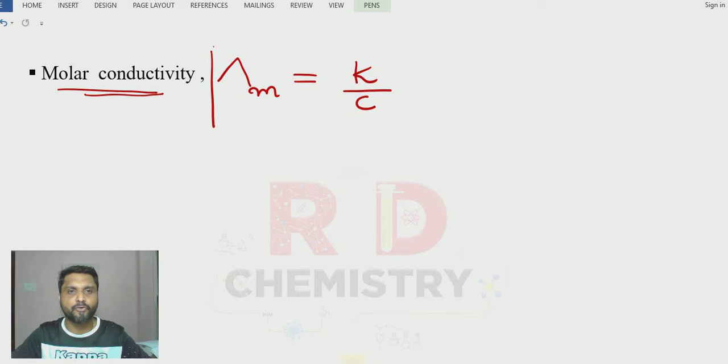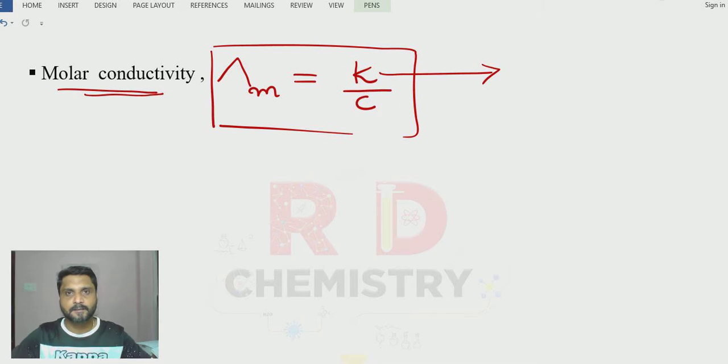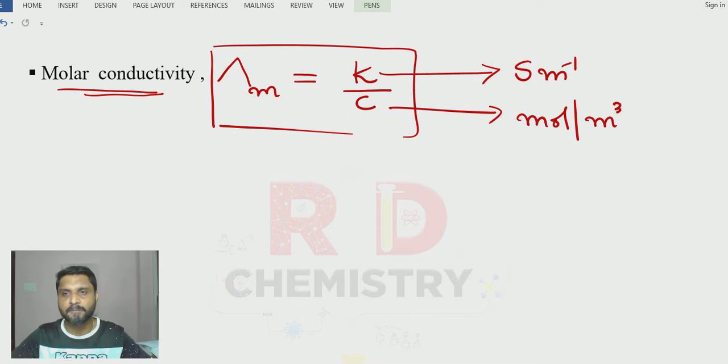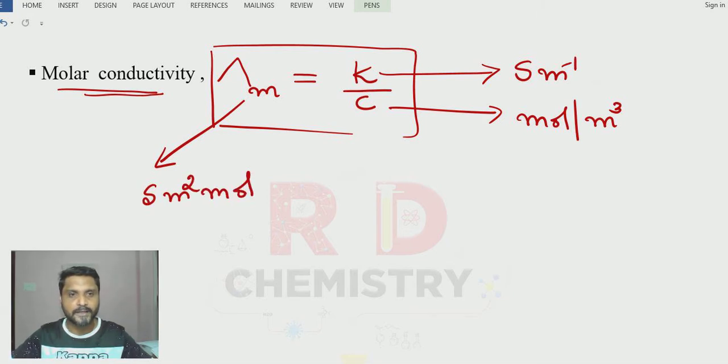Now there are different types of the formula here. In this case, K is in terms of Siemens meter inverse, as we have found out, correct? Then C, generally concentration is nothing but molarity, mole per liter, but liter is not the SI unit. So I'll write mole per, not liter, I'll go for the SI unit of volume in terms of meter cube. Therefore the unit of lambda m would be Siemens meter square mole inverse. Can we write the concentration as mole per liter? We can write it down. Now therefore we can change the expression.